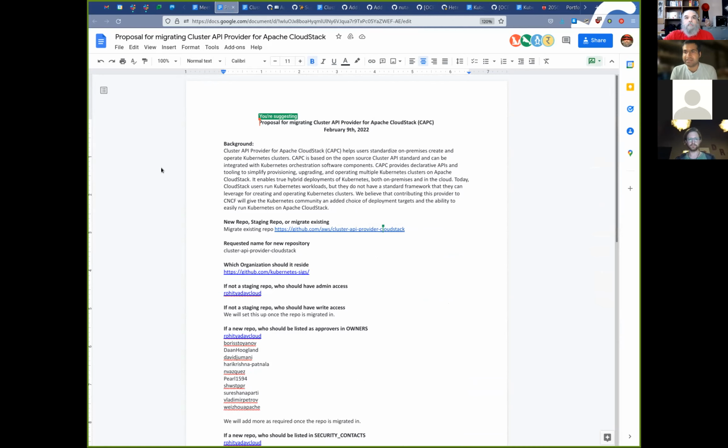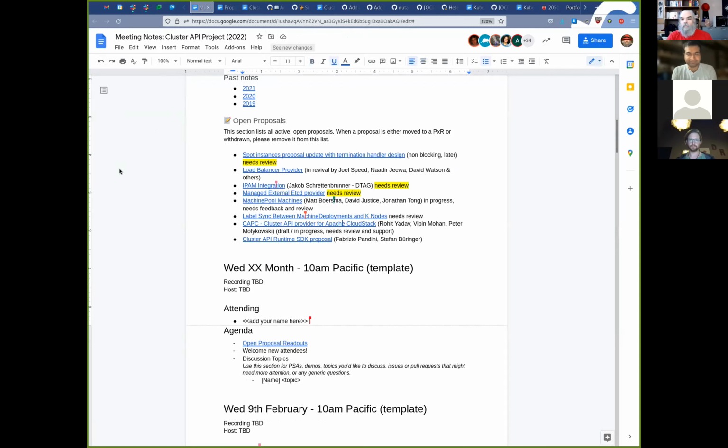Just to say hi, and with me joining are my colleagues from AWS. I work for ShapeBlue, and this work is a joint collaboration between AWS and ShapeBlue. From the AWS side, we have Peter and Vipin on this call, and Vignesh as well. So we have three folks from the AWS side. Great to meet you all. Yeah, awesome. Thank you, Rohit. This proposal looks really exciting, so it's pretty cool.